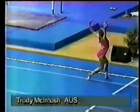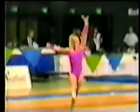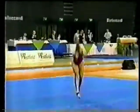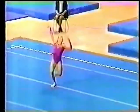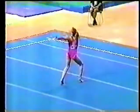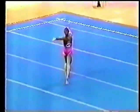Trudy McIntosh. Double layout from Trudy. And she stepped outside the mat. She'll be penalised for that. Whip back through to double pike. Deduction for stepping out for the girls is 0.1, so it doesn't take a huge amount off their final score. A little bit of waltzing Matilda, a little bit of waltzing happening on the mat. Yeah. You have to think that